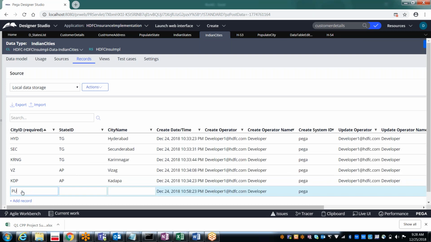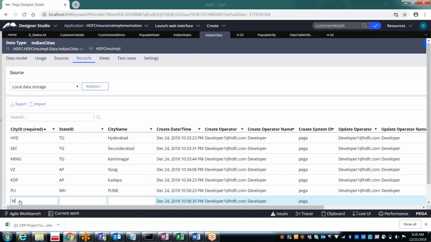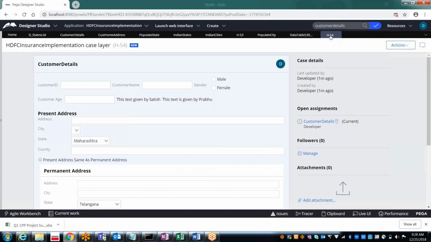like, MH and Pune, Mumbai. So now if you select this, it will work. Andhra Pradesh. Now again Maharashtra. See, now you got Pune, and what happened?